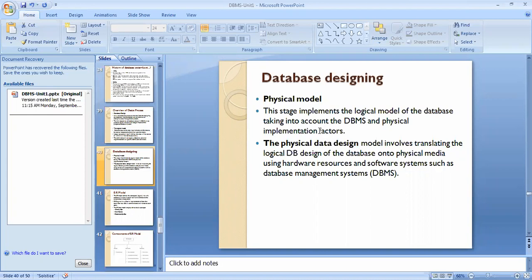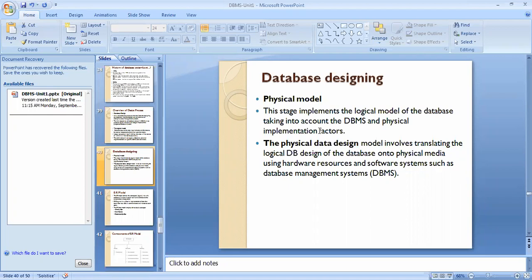Now, if our ER diagram, that is the entity relationship diagram, is ready, then after that we will actually be creating our tables in the database. That is nothing but the physical model. After completion of the logical model phase, we come to the physical model for implementing that logical model.